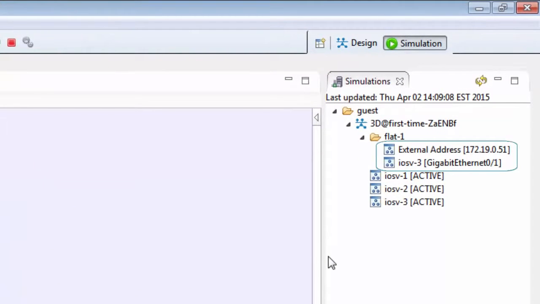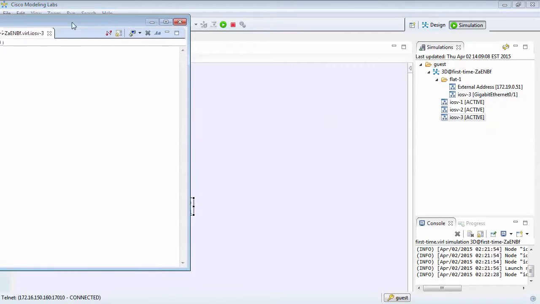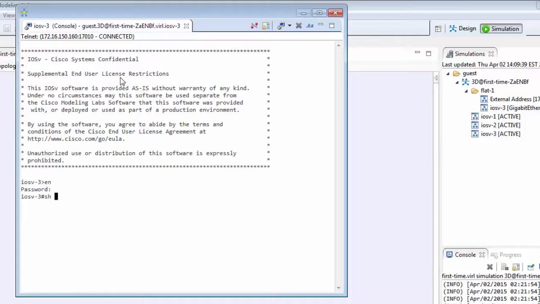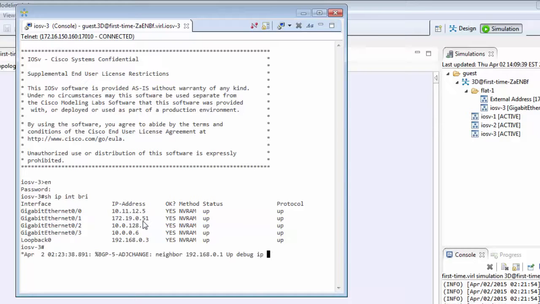We'll be able to see that we have a 172.19.0.51 address, which was given as the external address, which is that there, and that's on router 3. So if we open up a console port to router 3, we can also do some commands just to confirm those IP addresses are what we're expecting as well. So we can see that we have an interface of 172.19.0.51, and if we turn on debugging for ICMP, and there's just the command there,